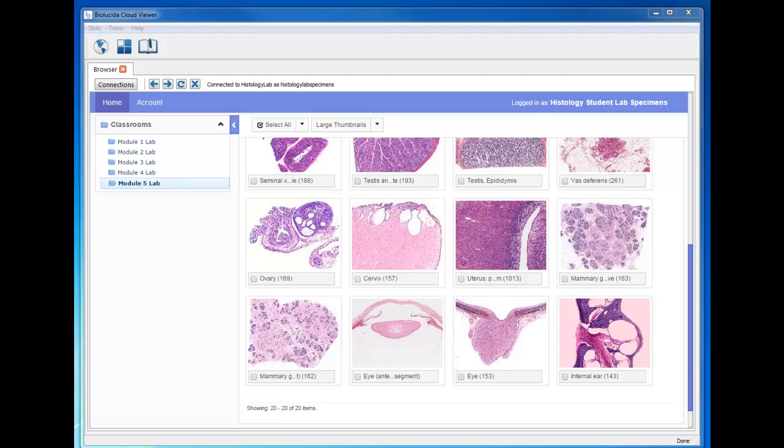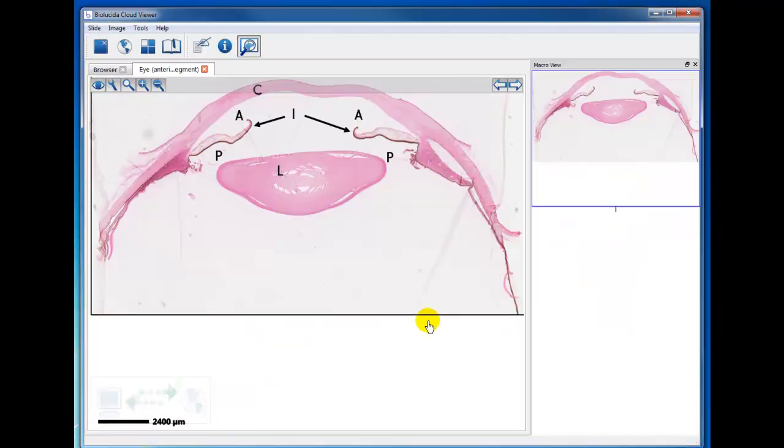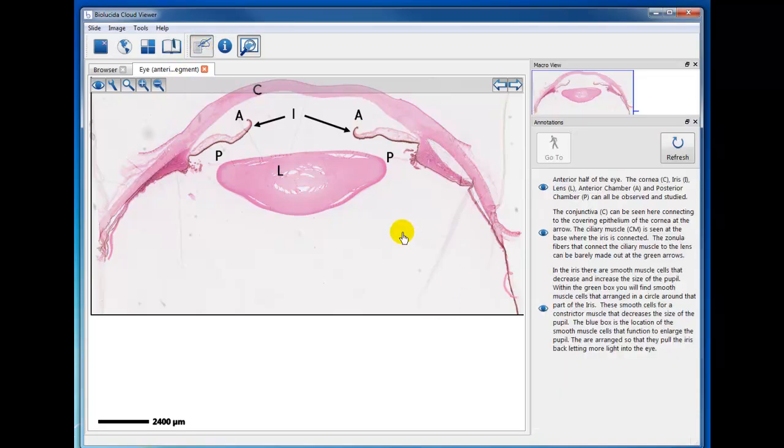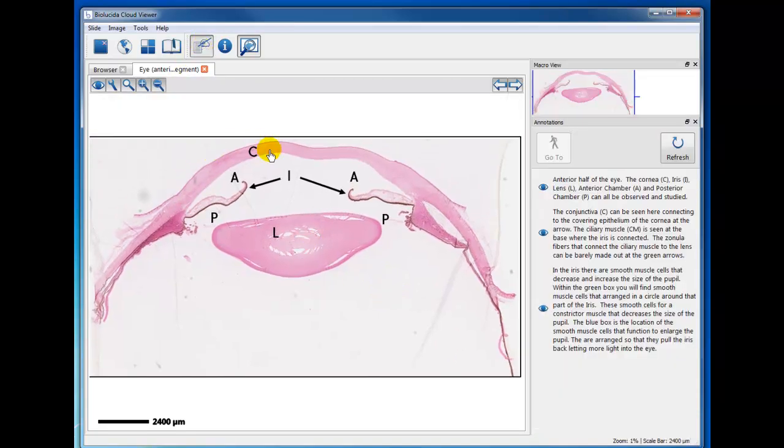This video will provide a brief tour of the two specimens of the eye. First, the specimen of the anterior segment of the eye. And here you see the cornea, where you can enlarge and study the outer epithelium, the stroma, and the inner epithelium, and the two membranes that you learned about in lecture. So you need to take your lecture and make sure when you're looking at this that you can find those